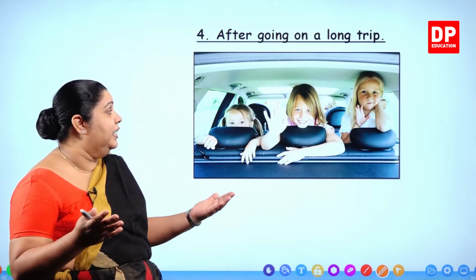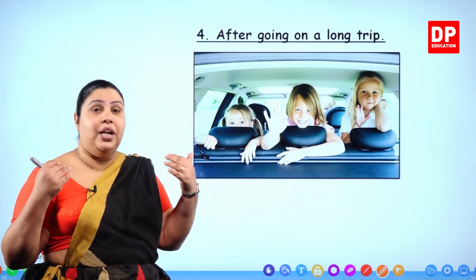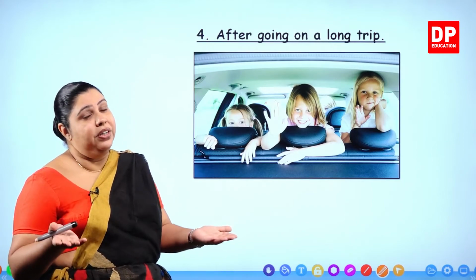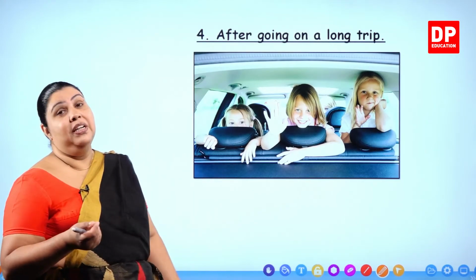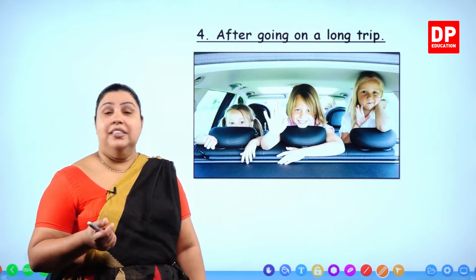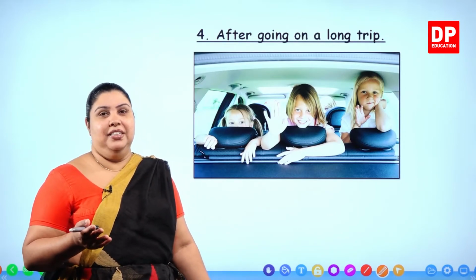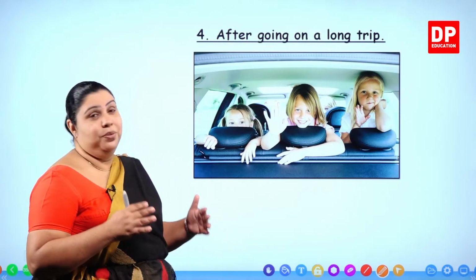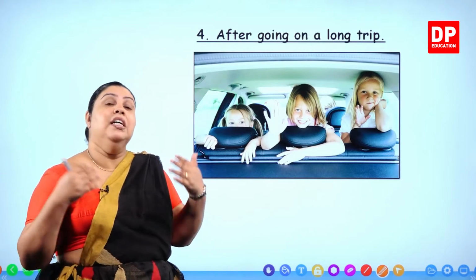You will feel tired after you travel. Even though you like traveling, you enjoy traveling, long trips will always make you a little tired. So remember that when we are going on trips, you have to think of your tiredness because the following day if you need to attend to something,